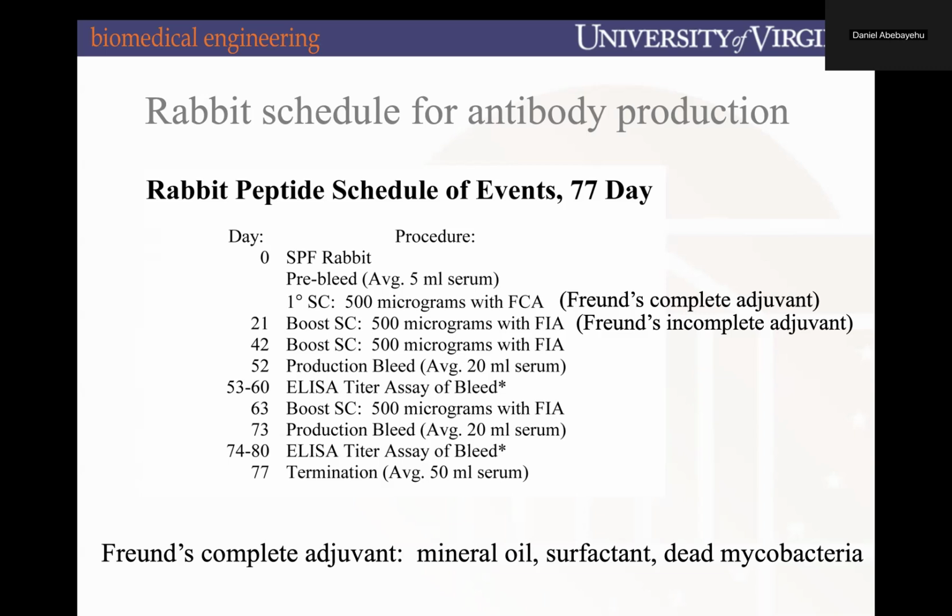Historical vaccines typically were a combination where the first booster would be with complete adjuvant in some way, and then secondary boosters would be incomplete adjuvant. Freund's incomplete adjuvant has no dead mycobacteria or no strong immune-eliciting reagent. I don't want you to think that the current vaccines that we get have a mixture of dead mycobacteria, but rather we'll have some sort of